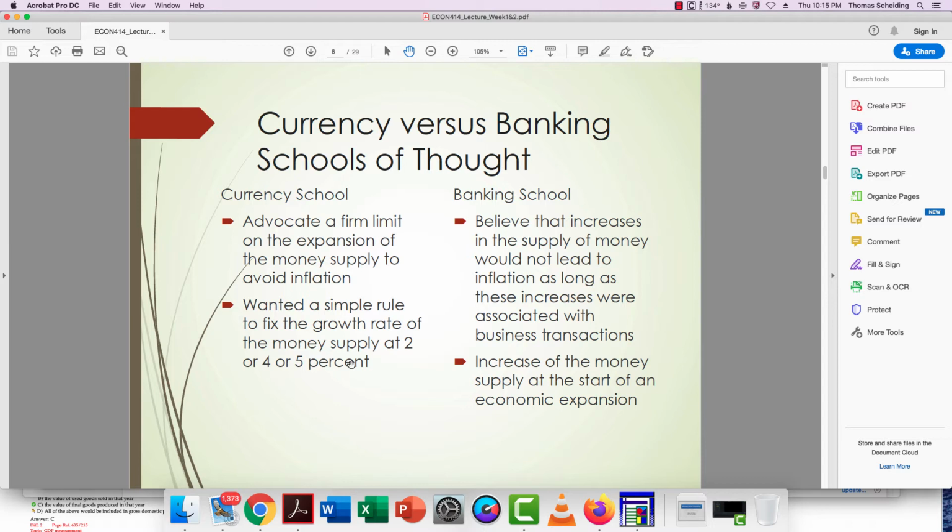And here, what we're seeing is that we don't necessarily hit a firm limit like a 2% or 3% rule. Rather, we allow the money supply to grow up until the point where there is no inflation. As long as there's enough business transactions, as long as the economy is growing fast enough, we'll grow the money supply to accommodate that. But we're not going to expand the money supply greater than that rate needed to help the economy grow in size.